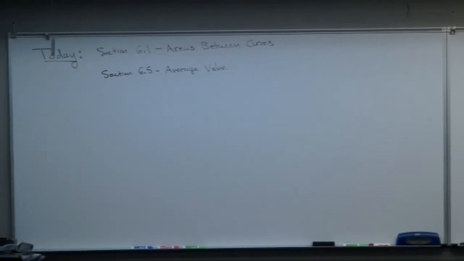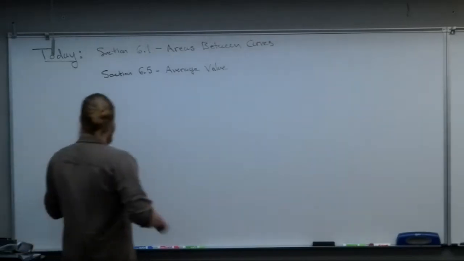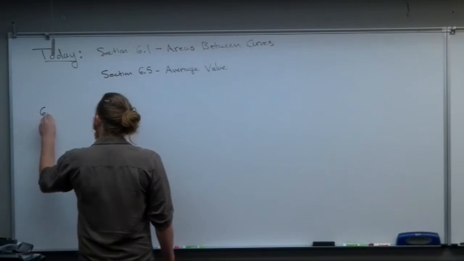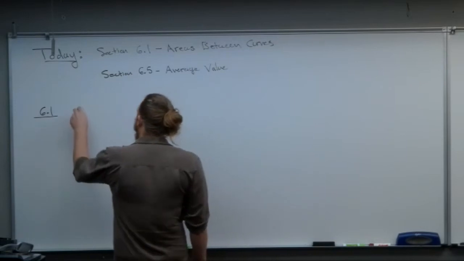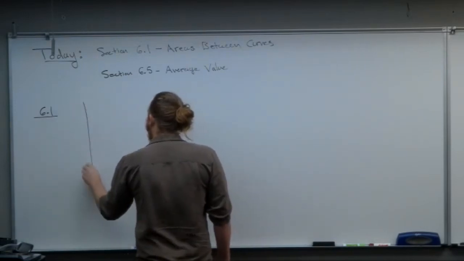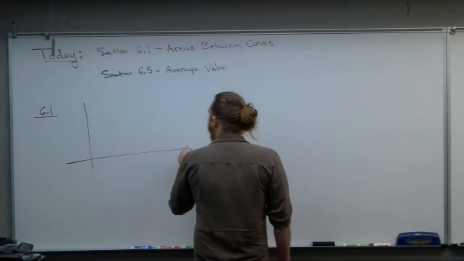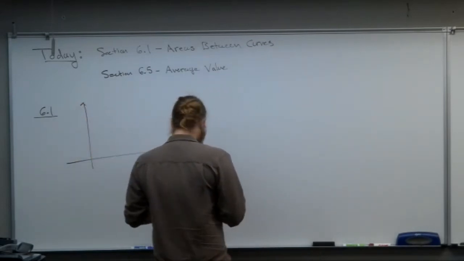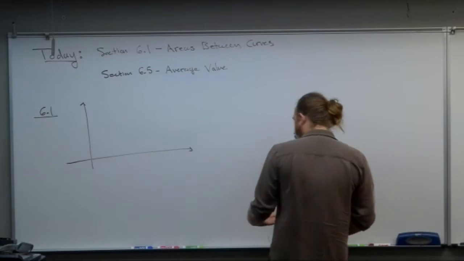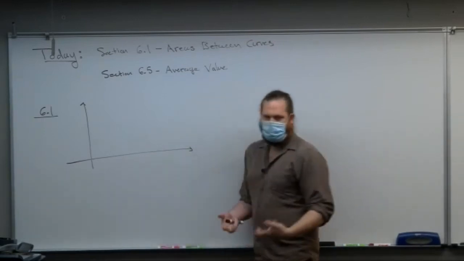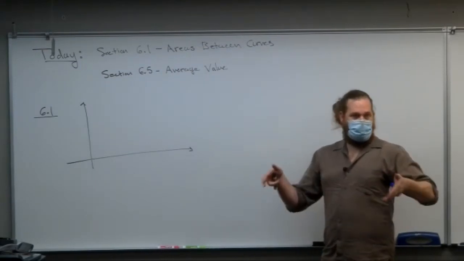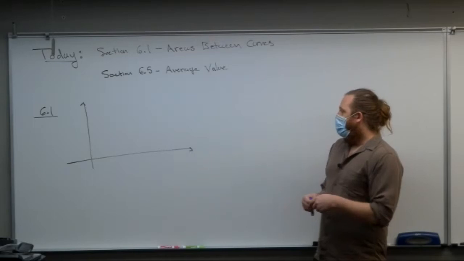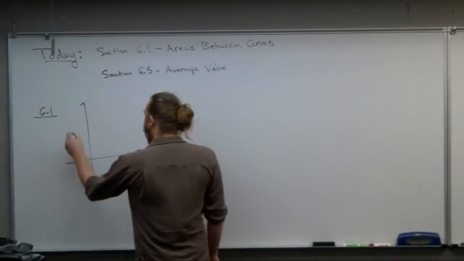We're going to do sections 6.1 and 6.5 today. Areas between curves is not tricky. So the big idea here is if you have one function on the interval [a, b], and as long as it's piecewise continuous, you can calculate the area bounded by that function and the x-axis just by integrating the function from a to b. If you have a pair of functions, maybe